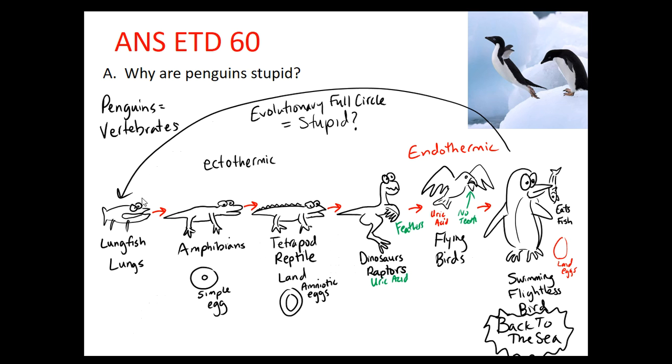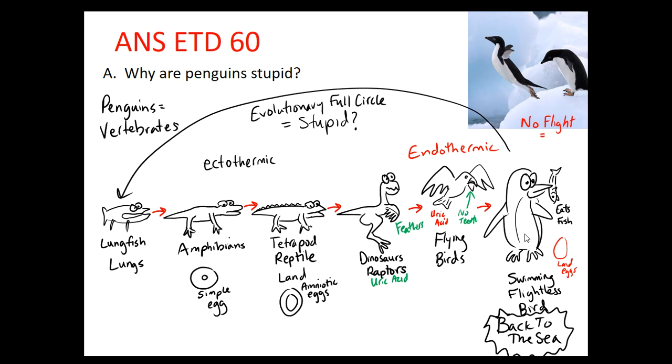They just spent hundreds of millions of years evolving first legs onto land, then the ability to live on land permanently, then feathers so they could fly, take to the air, and then give it up to become basically a thing that lives like a fish eating fish. Now that to me seems evolutionarily stupid because it's a waste of a lot of time, but it's not necessarily a stupid choice because there is